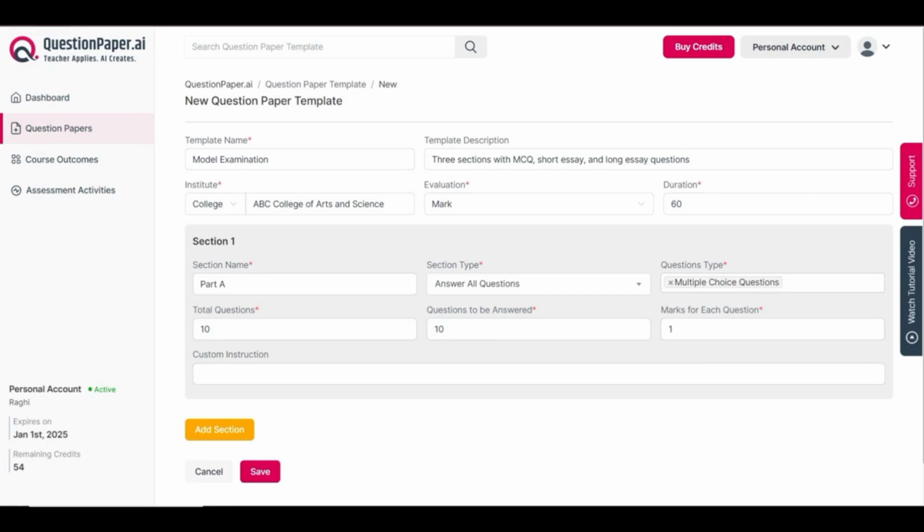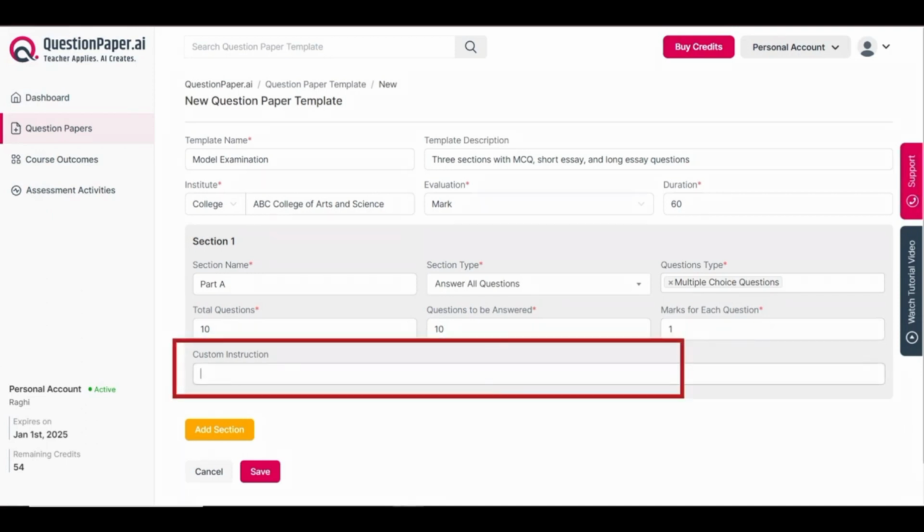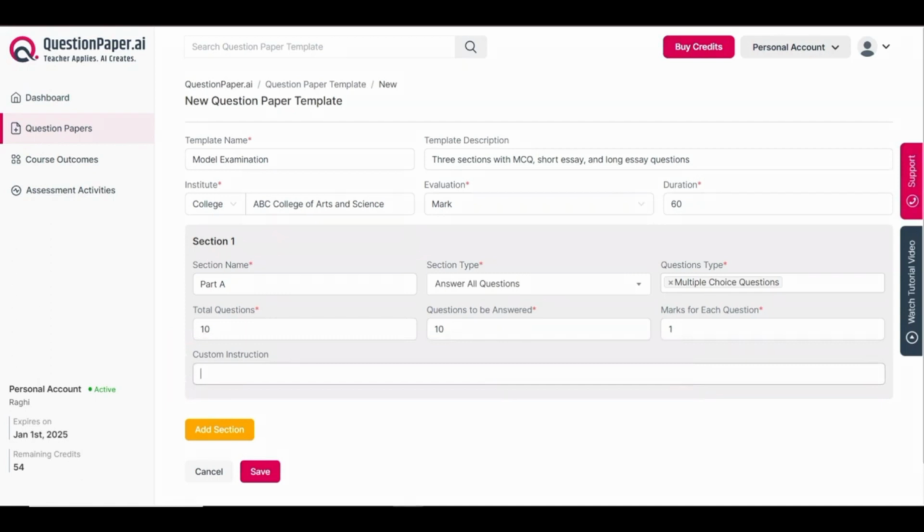So you have the flexibility to personalize the instructions for the question paper here. By default, the question paper includes instructions. However, if you prefer to replace them with your custom instructions, you have the option to do so. Here, you can add such instructions under custom instruction. Moreover, if needed, you can add instructions in different languages. So let's say I am creating this template for a Hindi exam, then here I can add custom